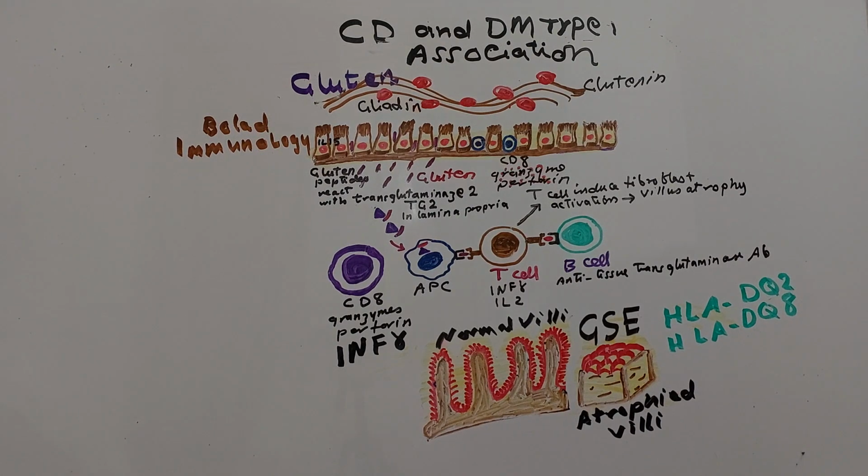So B cells differentiate into memory B cells and plasma cells, and plasma cells will produce anti-gliadin antibodies and anti-tissue